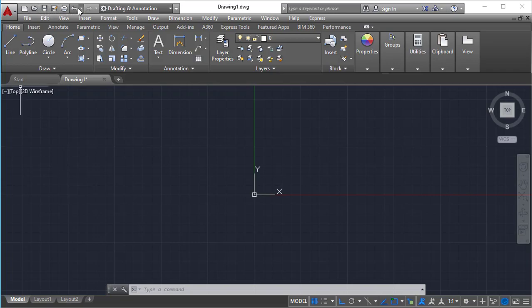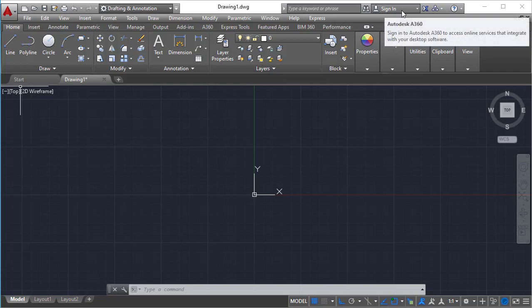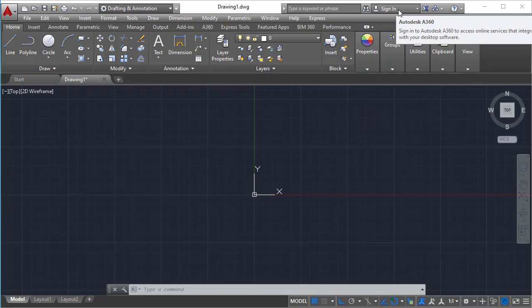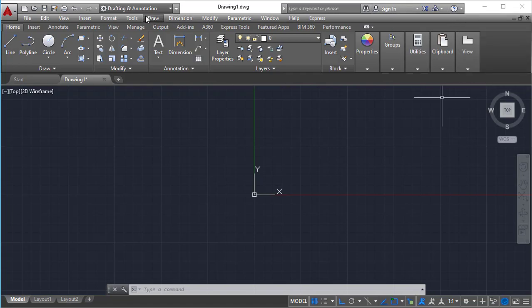And in AutoCAD we call this a title bar. Why? Because whatever file you save, the name will be shown here. That is why it's a title bar. In the title bar what you can find is file options: new, open, save, save as, print, undo, redo, and workspace settings. And also if you log on to your Autodesk account, you can directly see your login account details here, and the drives. And also you can find the help. All these options will be in the title bar.